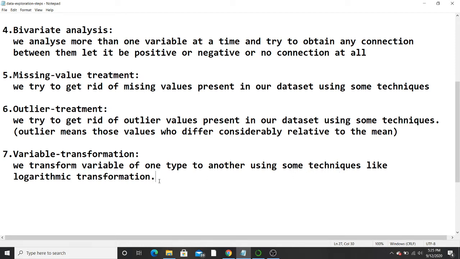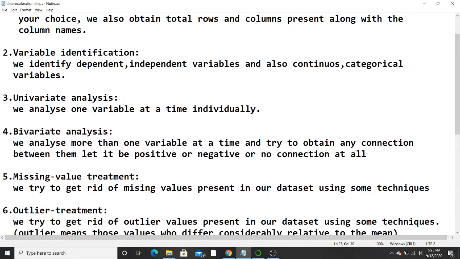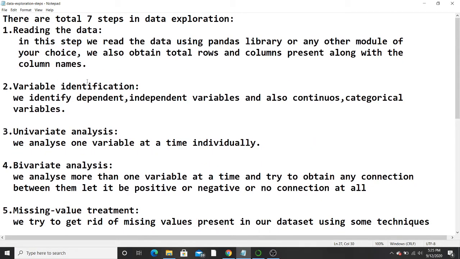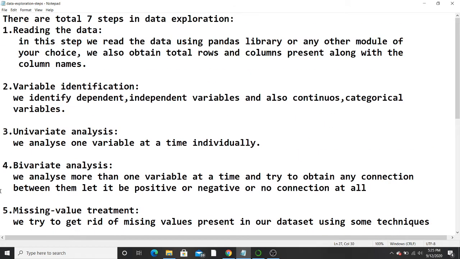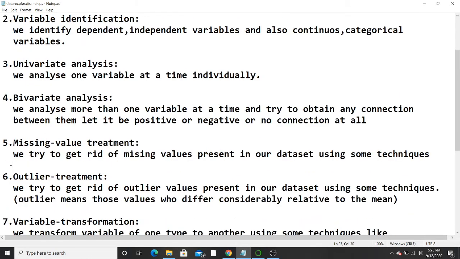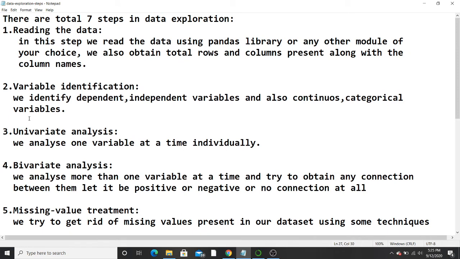Now, one example of those techniques is logarithmic transformation. So again, revising, there are a total of 7 steps in data exploration which have to be done in this order only in order to make your machine learning model more presentable and more effective. It has to be done in this order, and you shouldn't miss any step.